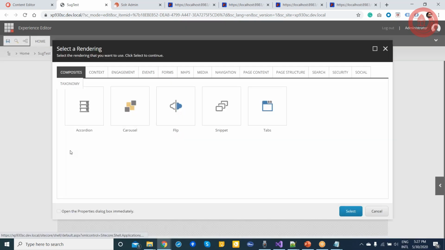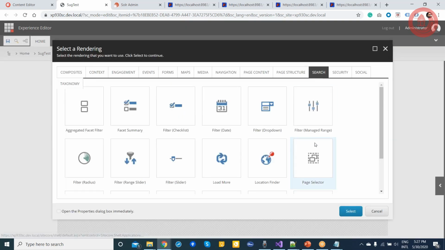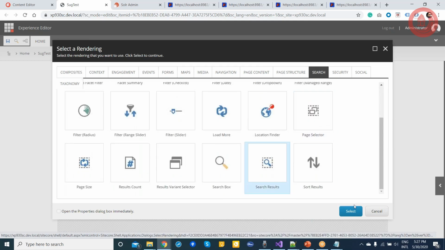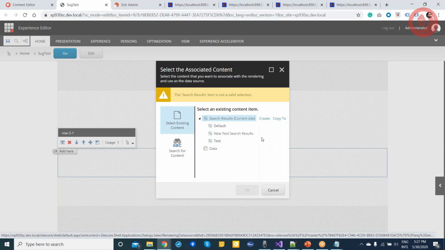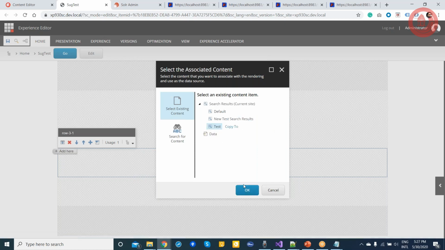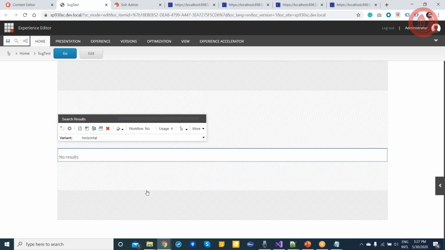So here I will just put the search result component. And here you will have options to choose the existing content item. So I will choose, let's say, new test settings item. And you have options to choose the variant, and you can create your own variant.